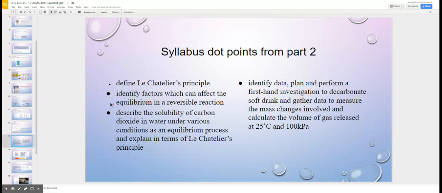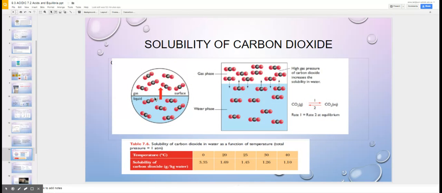Okay, so the syllabus dot points: we've identified factors that can change an equilibrium if the reaction is reversible. We've defined Le Chatelier's principle, and then we've got to look at applying it to carbonated soft drinks, which we actually did the investigation for. And the carbonated soft drink has got carbon dioxide in the space above the bottle,